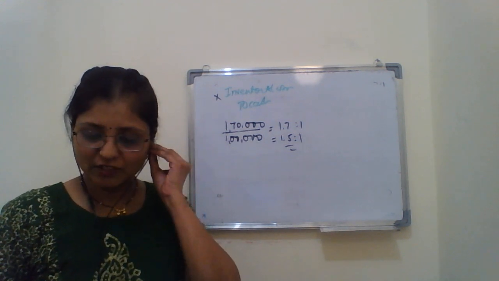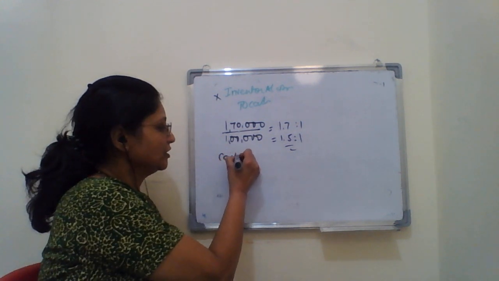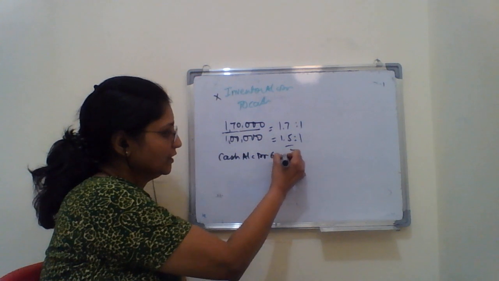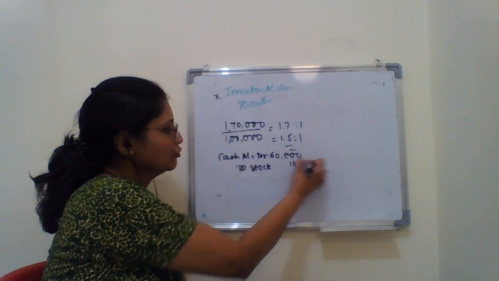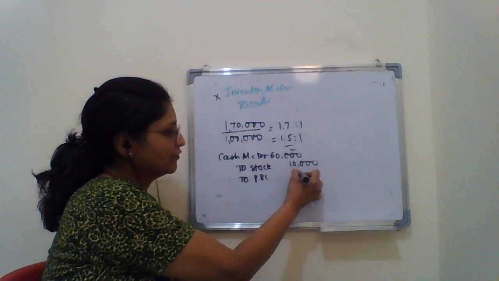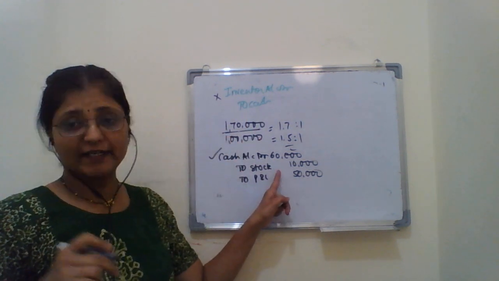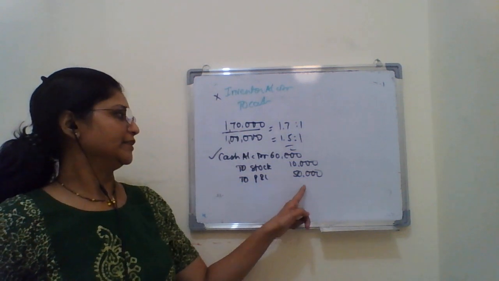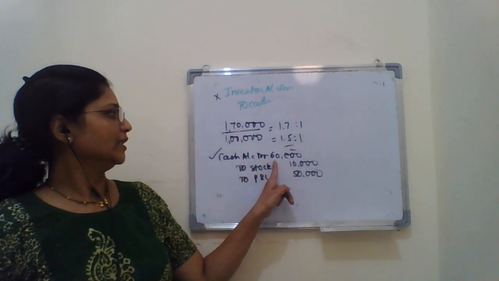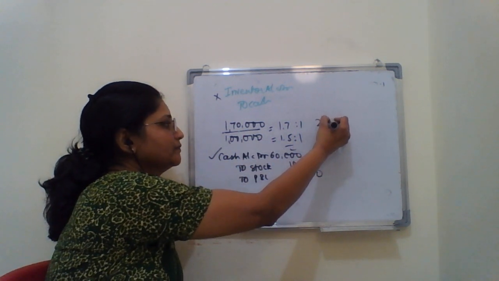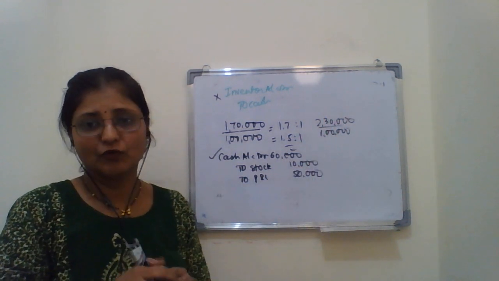Third case, sale of goods costing 10,000 for 60,000. So we are getting cash. Cash account debit 60,000, to stock 10,000 and to P&L, that is profit of 50,000. So cash is improving, so quick assets will improve, and stock and P&L are not considered. So cash will improve by 60,000, so it will become 2,30,000 by 1 lakh. So the ratio is definitely going to improve. Okay, then